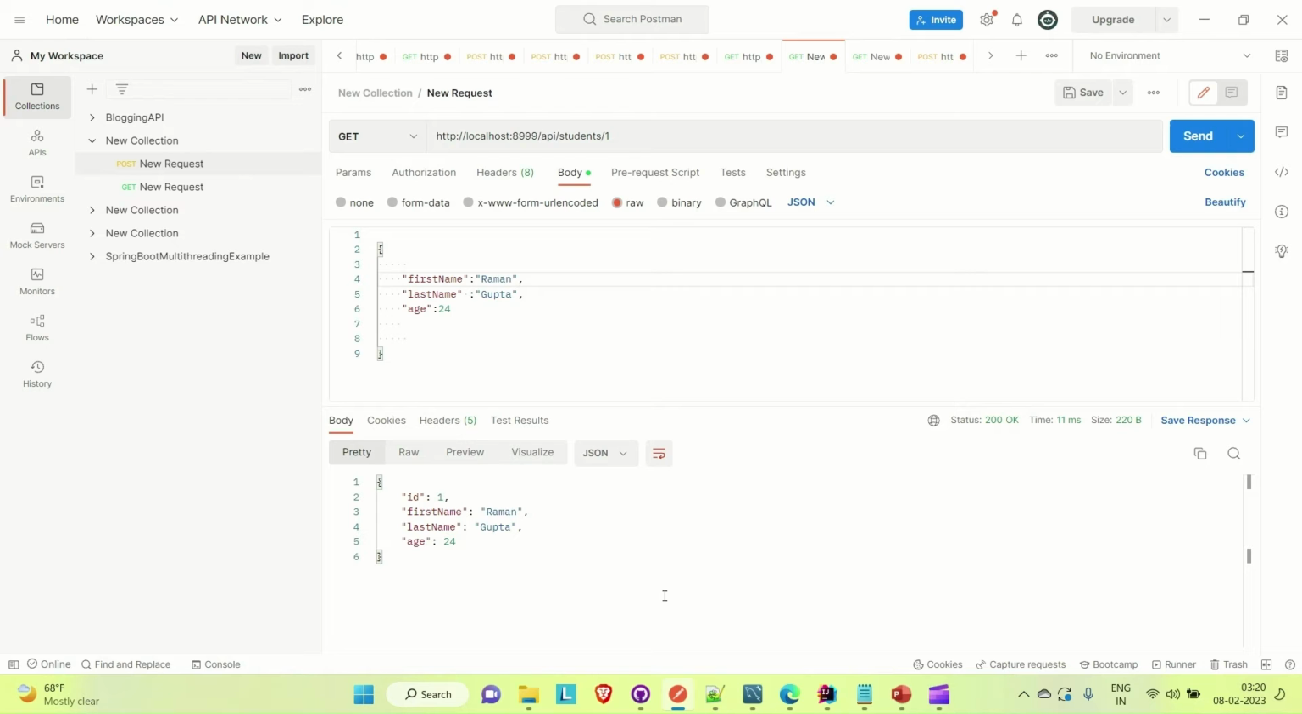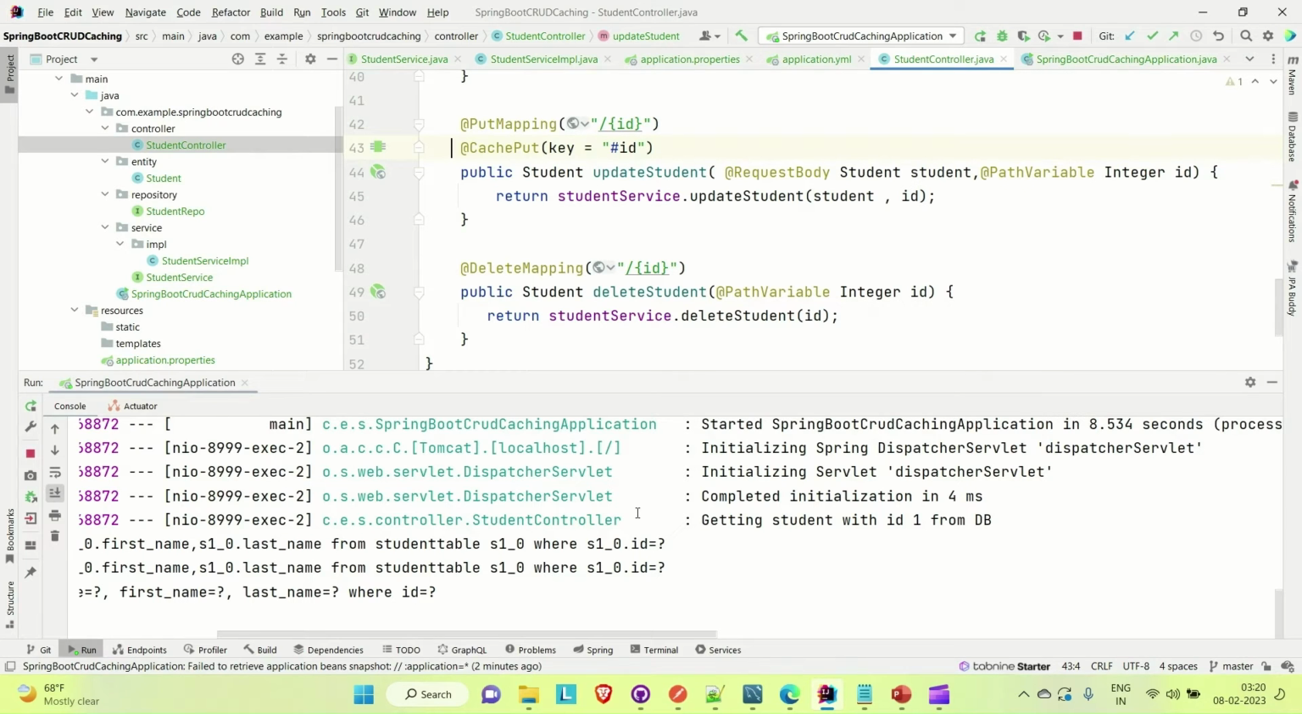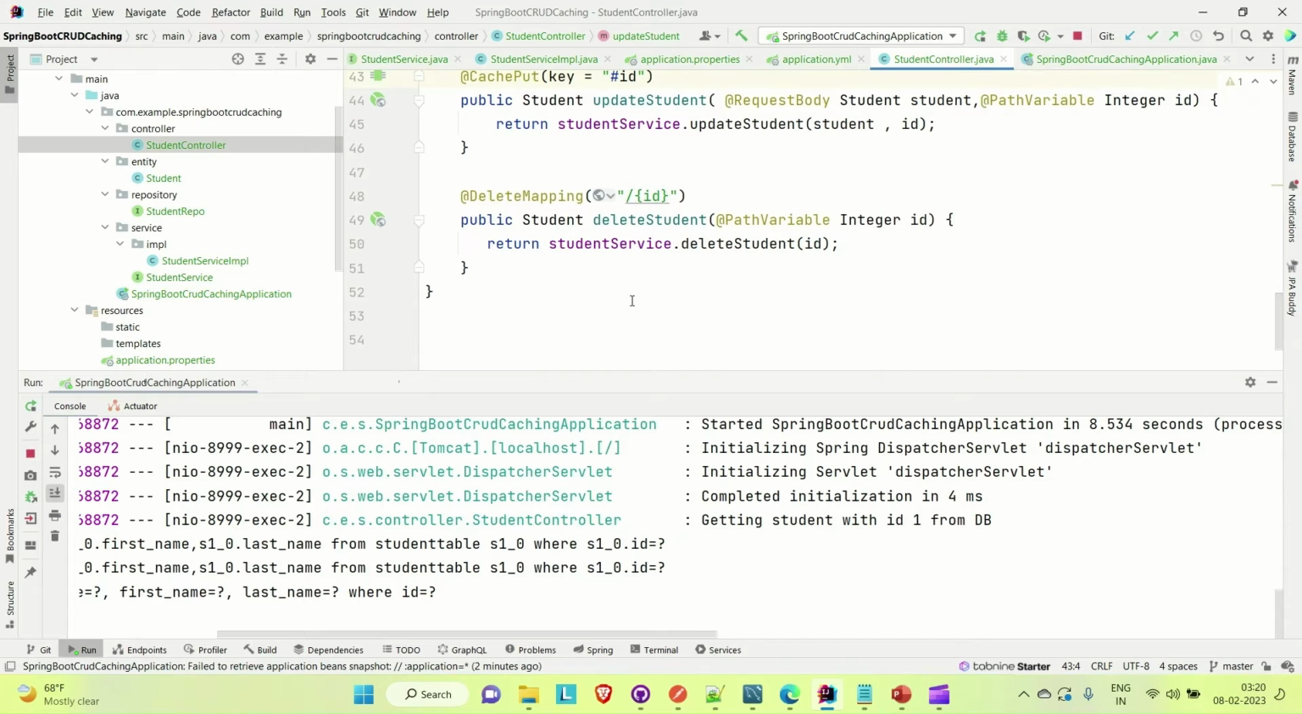Okay, now let me try to show you the cache evict. So how you can use cache evict. So let's say if you have deleted something from the student table, okay, and it is deleted from the database but it is not deleted from the cache. So how you can manage it? This is also a very tricky situation. So we can use cache evict for that. Okay. So first of all, let me try to delete first one record from the database and then show you